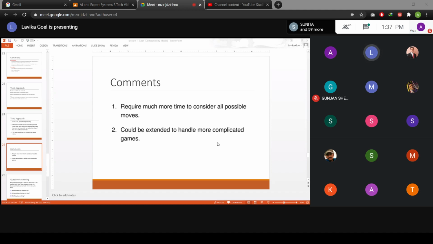So you were not taking that much time because you were just checking for a few conditions and then making a move. But here you are checking for all the possible next options and then choosing the best option to move on. So it's much more time-consuming than the other two approaches, because in the first approach you were trying to approach. Why an intelligent approach?